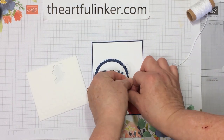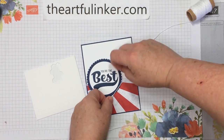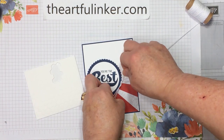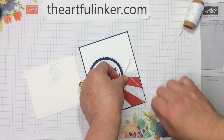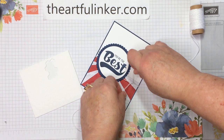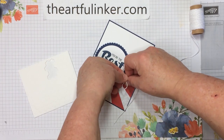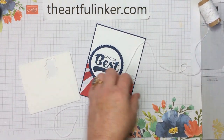So let's see if we can get, for some reason my brain just isn't willing to think about doing a double right now, which is what I had planned to tie right here. So hang on just a minute. I'm determined to get my brain to cooperate. So let's do this back and forth here. Or better yet,